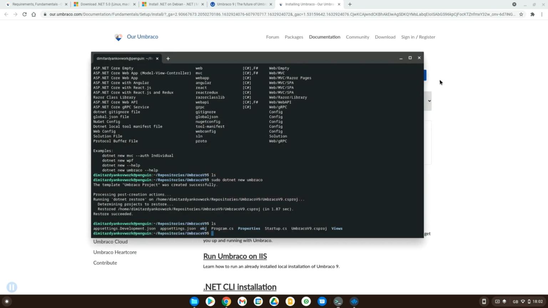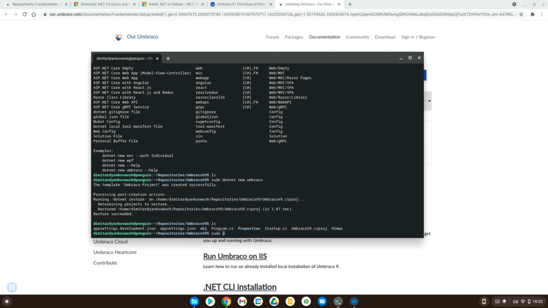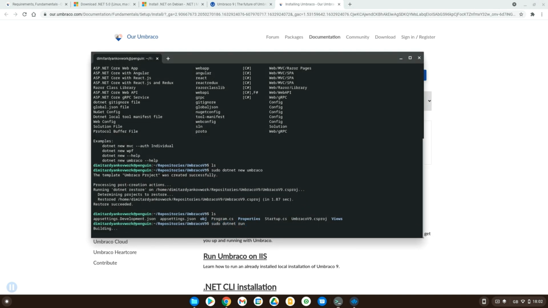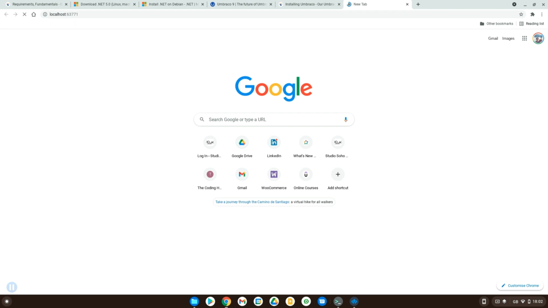Now, what it says is that we need to navigate inside this folder, which we already are, and then just run dotnet run. So let's do that. Sudo dotnet run. And wait for our project to build. Okay, once the project is finished compiling, you can either go to the HTTPS or the HTTP version of it. I'm just going to go to the HTTP version as I haven't got any certificates installed. And if we head over here,